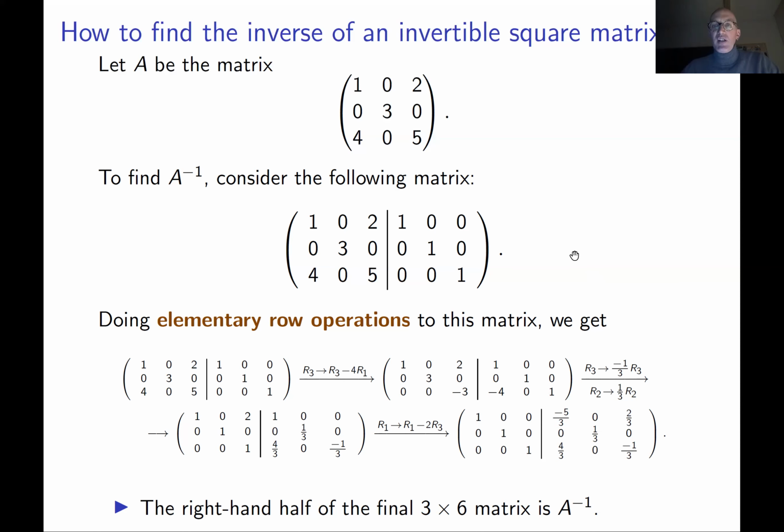This is probably everything I wanted to say in this part of this course. My usual impression is that students have no problems with applying elementary row operations to matrices. You are all very good at this, so I'm absolutely confident you will learn quite easily how to apply them and how to reduce a matrix to the reduced row echelon form using elementary row operations. Let me stop the recording here.